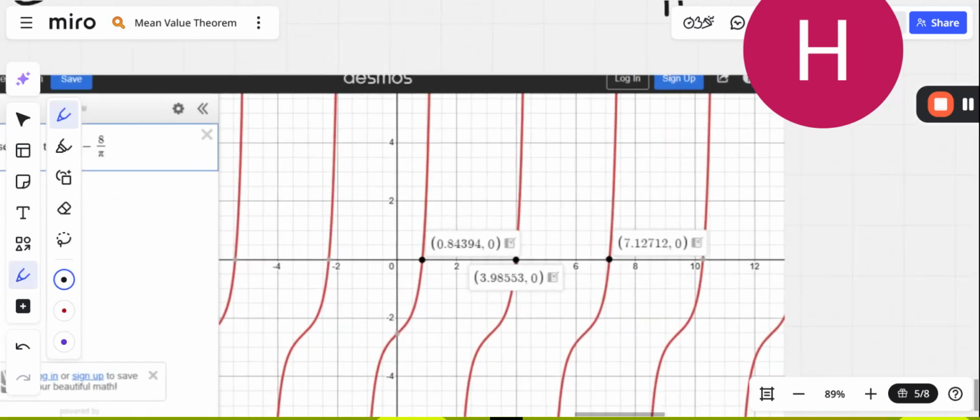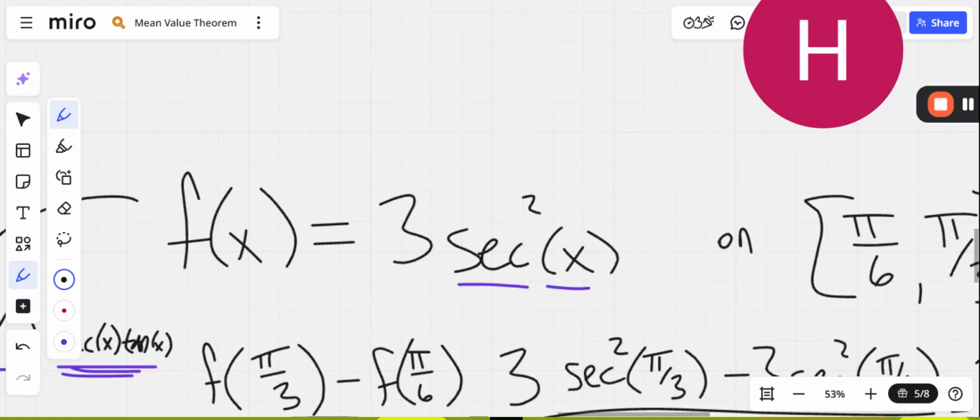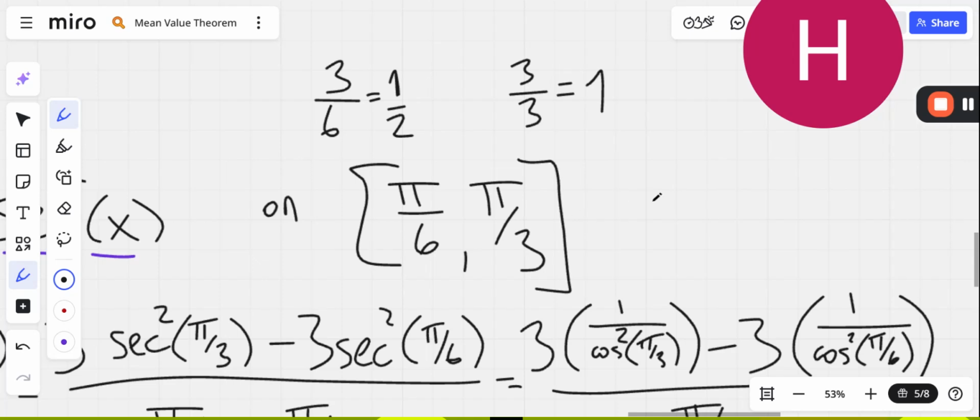And you'll notice that we get 3 important locations that I've highlighted here where we cross. And the reason why I've shown these 3 is because we need positive values that are between pi over 6 and pi over 3. If you don't know what pi over 6 is, that's okay. Just imagine it's like 3 over 6, which is like 1/2, basically, and 3 over 3, which is like 1. Now, some of my math comrades would crucify me if they heard me talking about pi like that. How dare you use 3? What are you, an engineer? But this is giving us an idea of where we should expect the values to fall, roughly, between 1/2 and